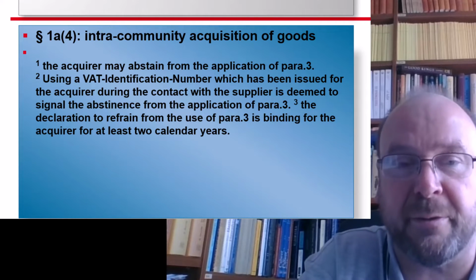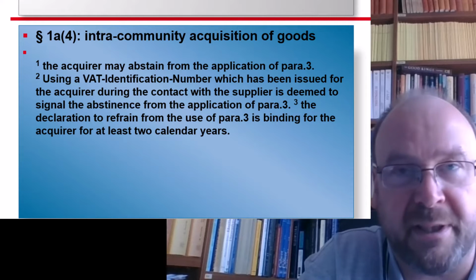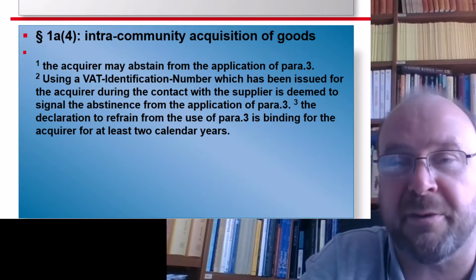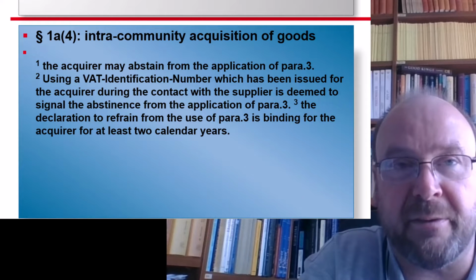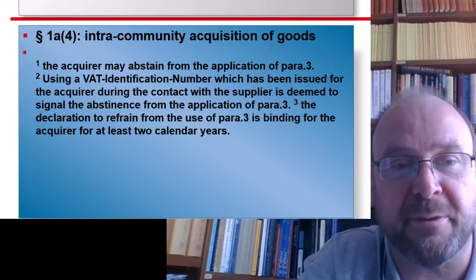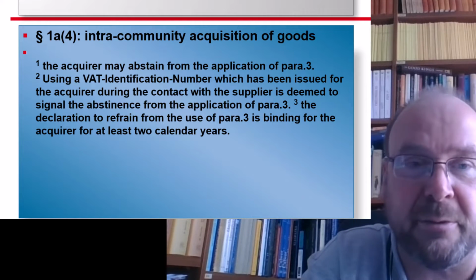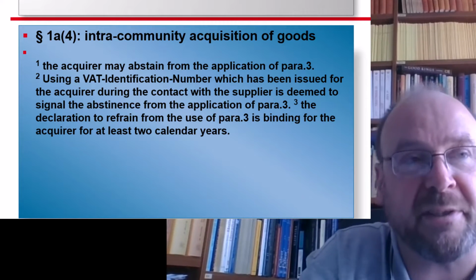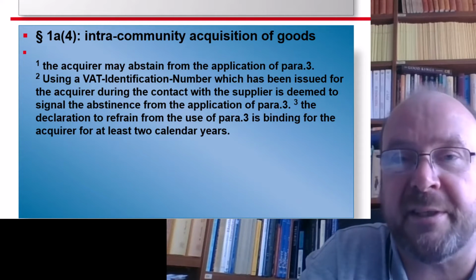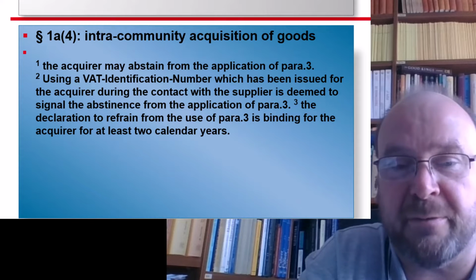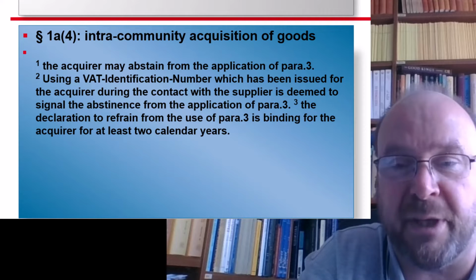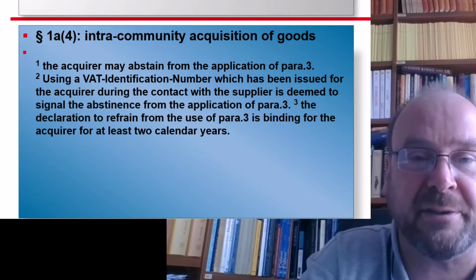The idea is if you learned it yesterday, now you can still do it today, and only if for a long time you drop out of the scope of the rule where you can justify to hand in a tax declaration. So if your acquisitions drop down to 10 euro for a longer time, then one can talk again about whether it's still tolerable to force you. And that is, the option for regular treatment as a taxable acquirer is binding for at least 2 years.